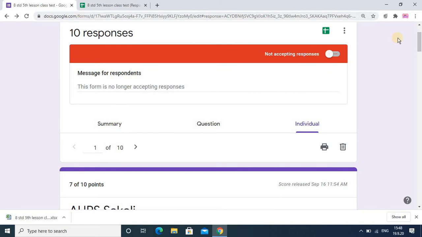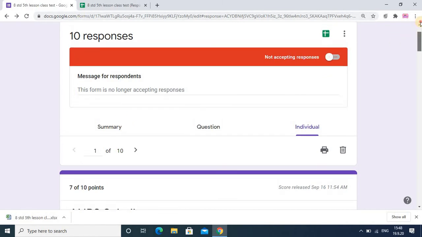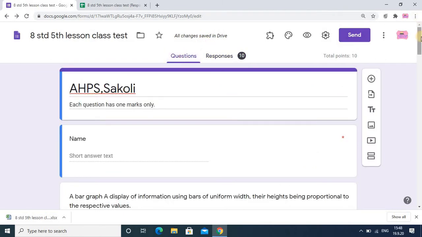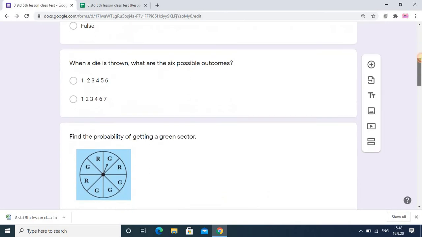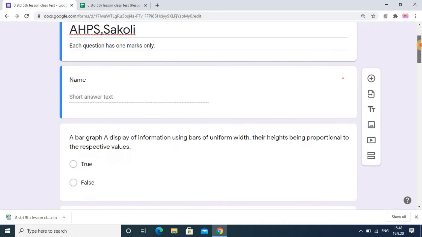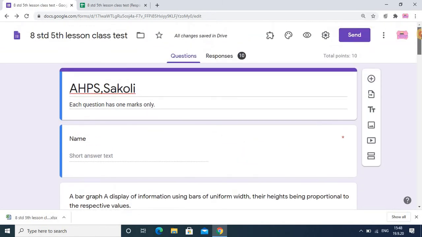So that option is that first you have to go into the question side. So these are the questions, and you have to convert into the quiz format. Once your exam is over, you have to do it. Before the exam, means before sending the links to the student, you should not do it. Otherwise students will get to know their result immediately and they will share answers with others. So once the student exam is over, you have to convert into the quiz.